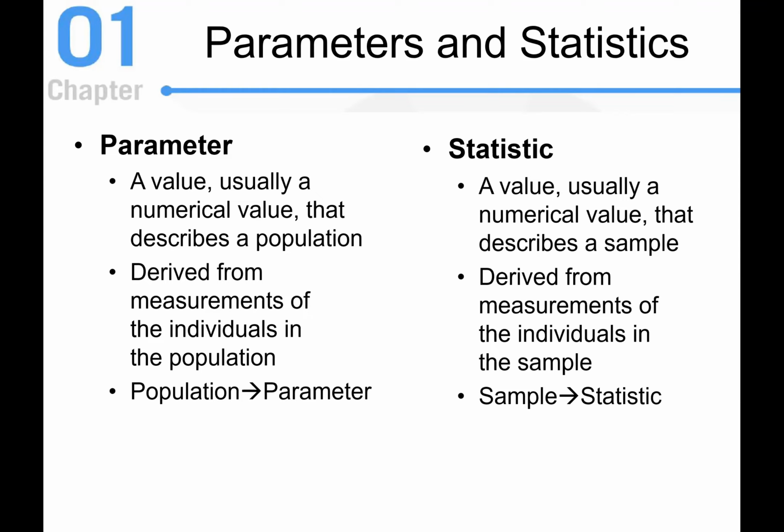So I add up all the heights of all the 100 people and divide by 100 to get the average. The average height for the population would be a parameter because it's going to be a numerical value that's going to describe the population. All right. And so how I got that is I measured